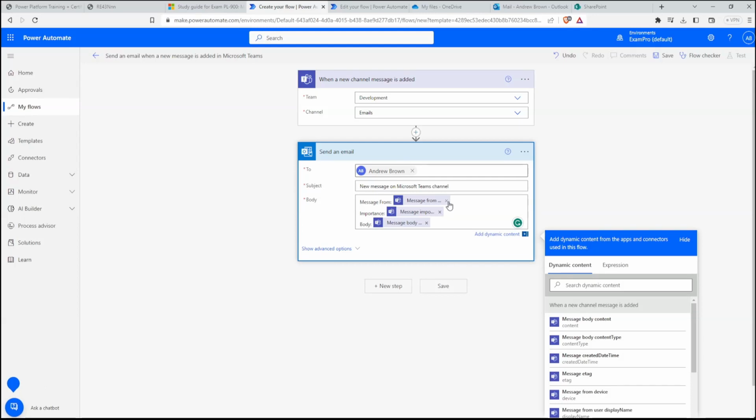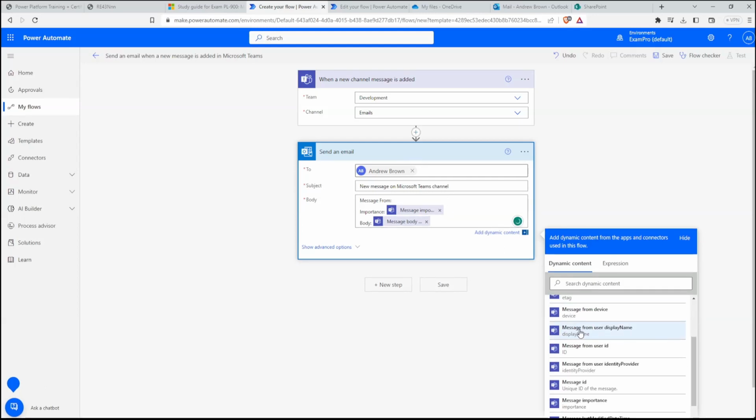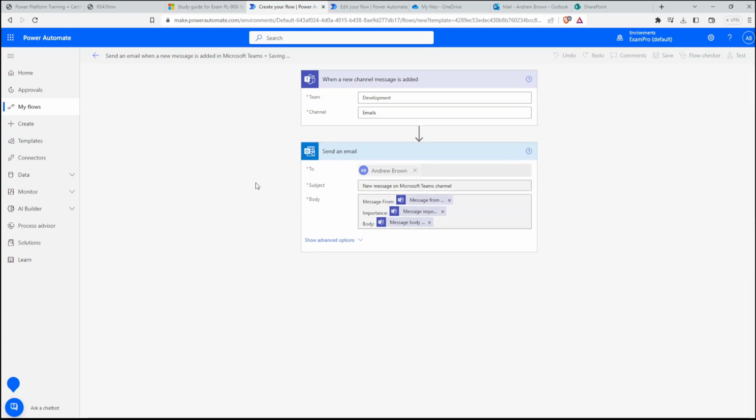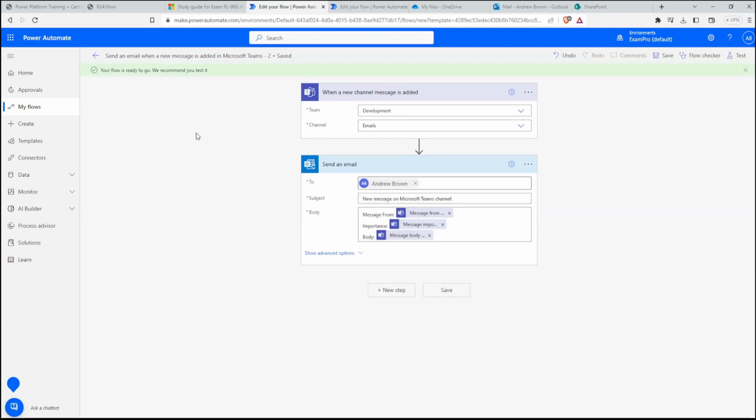So if we were to add the message from, we can simply add the dynamic content called message from user display name. We won't have to change anything here since it's a simple automated flow. Next, we'll click on Save. And that's it, your flow is ready to go. You can go test this out by sending a message in the Teams channel and see if it sends you